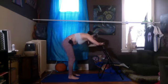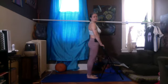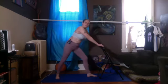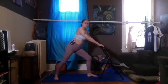Awesome. Great. All right, we're going to come back up, coming right behind our chair and standing. Okay. And then we're going to take our right foot and bring it back behind us at a 45-degree angle. We're going to sit into our left knee. All right. So just like we had when we were in the chair, that warrior stance where we place